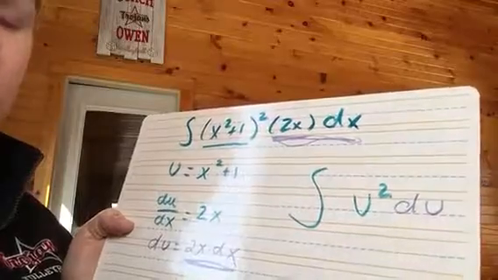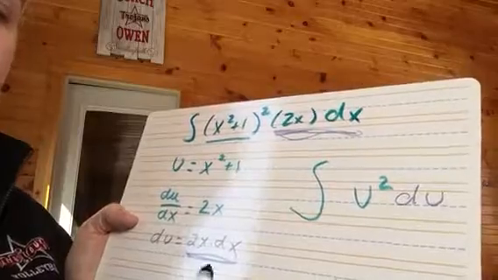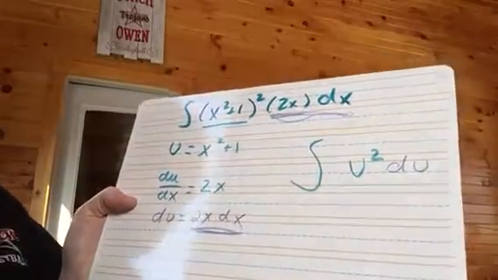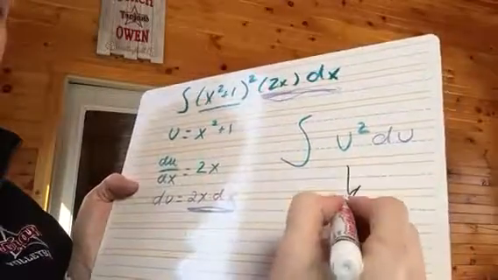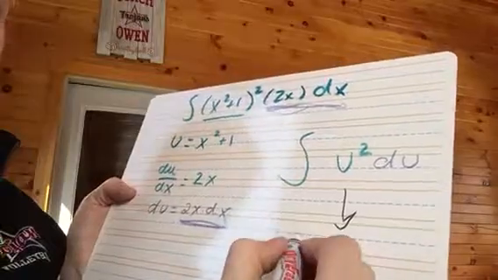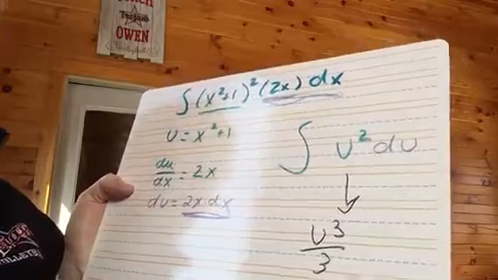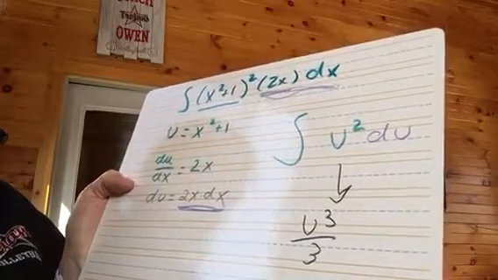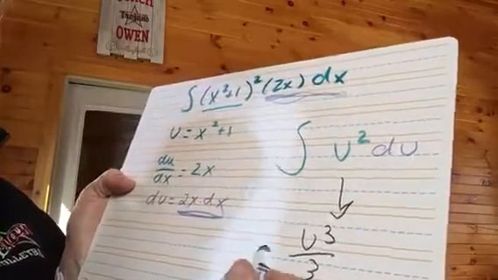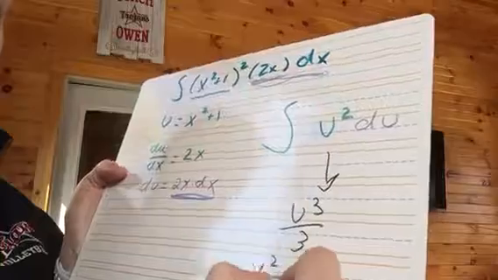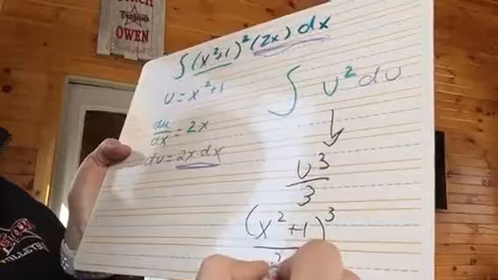Now I have an entirely new integral written with respect to u, and we know what the antiderivative of u squared is. So I can go down to my third and final step of this problem, which is taking the antiderivative of u squared. The antiderivative of u squared is u cubed over 3. Now I just substitute back in what my original u was. My original u in the problem was x squared plus 1. So my answer for this problem would be x squared plus 1, that quantity to the third, all over 3